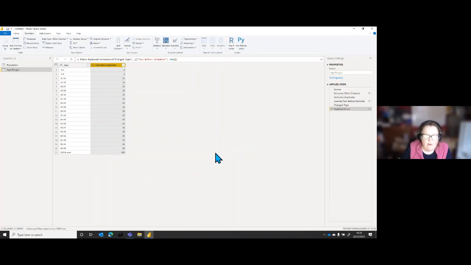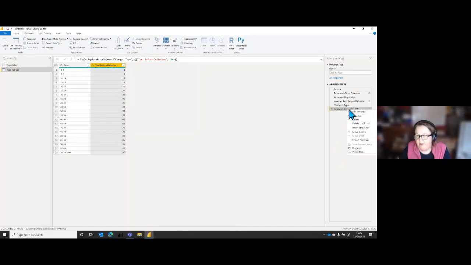Okay, now that's a bit of a weird thing to do and something you might want to be able to find later on. So over here on my applied steps, I've got replaced errors, and I'm going to right click on that step and rename it replaced error with 100, just so I can find it.